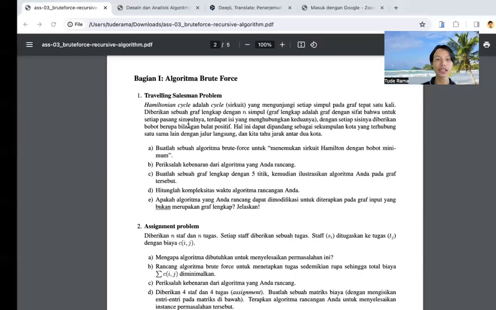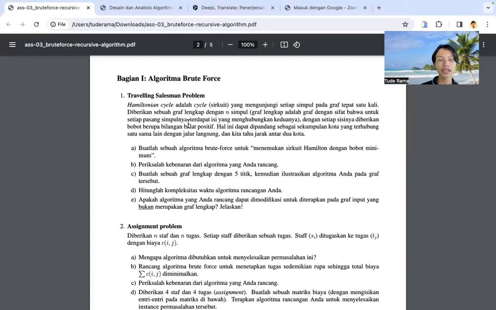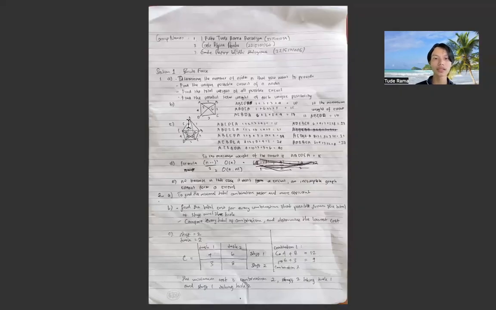Okay, the next section asks to make a graph with 5 nodes and illustrate the algorithm on the graph. In this case, we have a 5-node graph in the image.